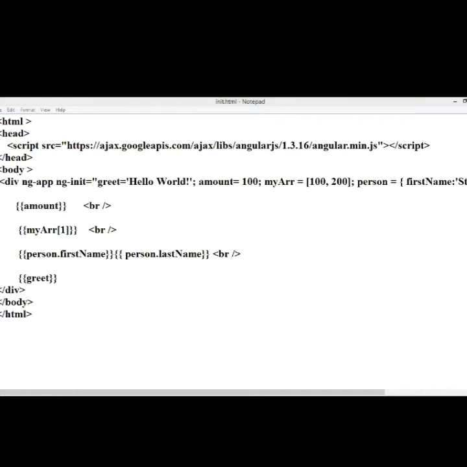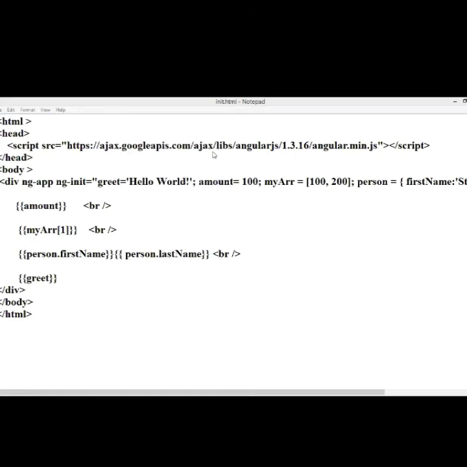Here we save this code as HTML and execute the code in any browser.